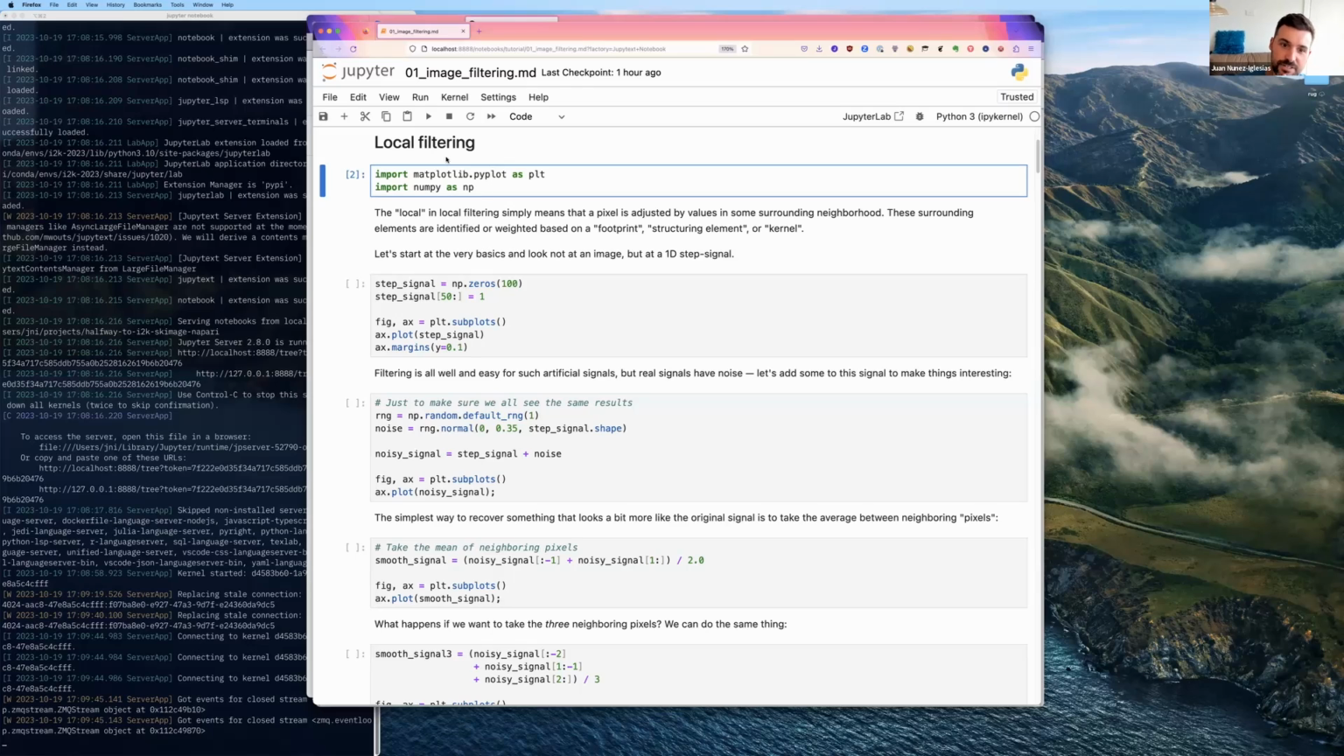So the first thing we're going to talk about is local filtering, local linear filtering, where local means that the value of a pixel is adjusted based on the values in its surrounding neighborhood. These surrounding elements are either just a square, or they can be weighted based on a footprint, which is also called a structuring element or a kernel, depending on the context. But we're going to go really back to basics. We're not even going to look at pixels. We're going to look at a single one-dimensional signal